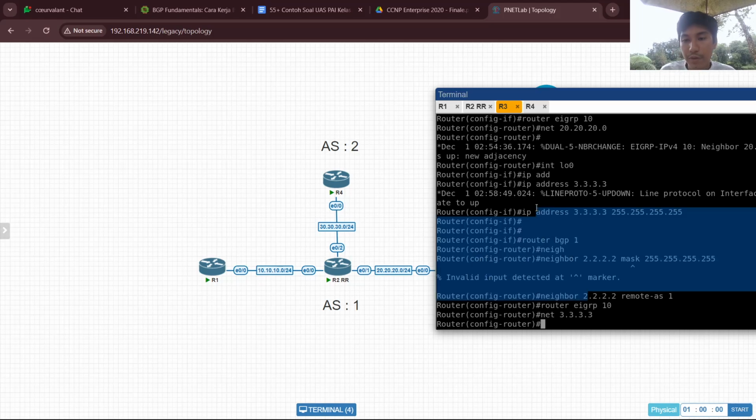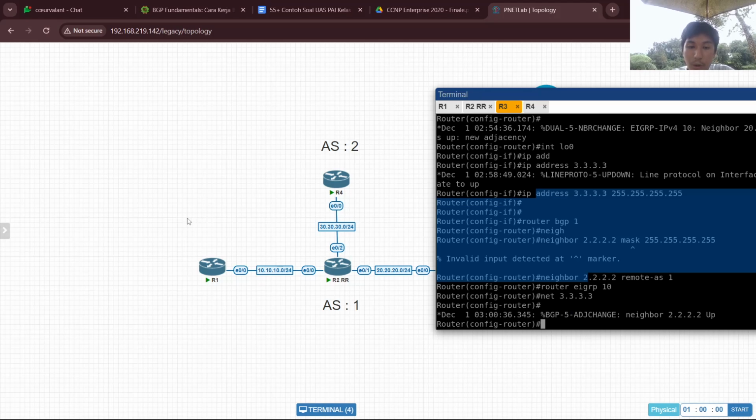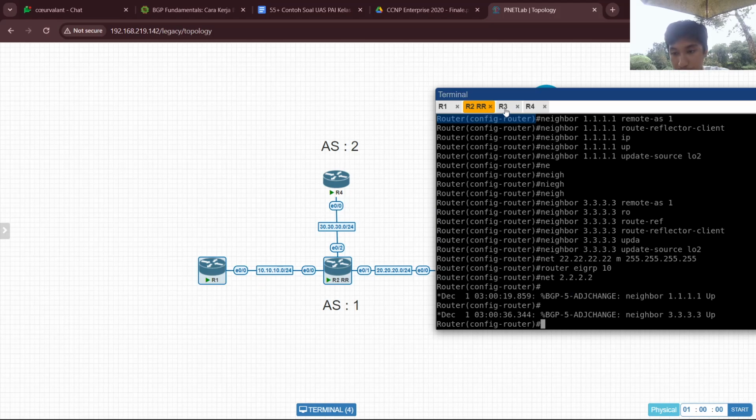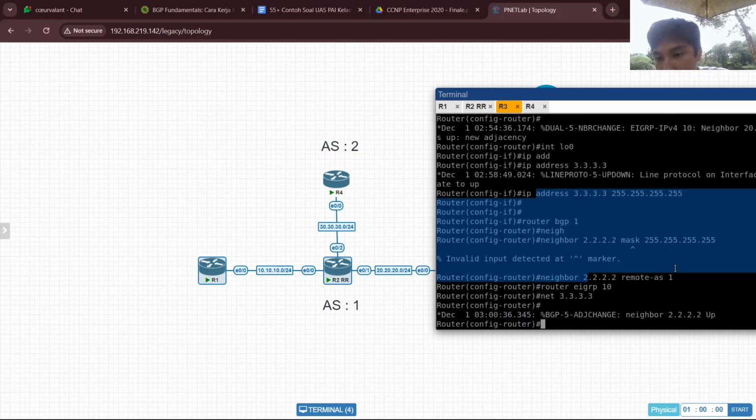Sorry guys, I'm focused now. So before we make a route reflector on the loopback address, we must connect all these interface links and the loopback address to EIGRP first before we make the route reflector. So the BGP is already up on this router.